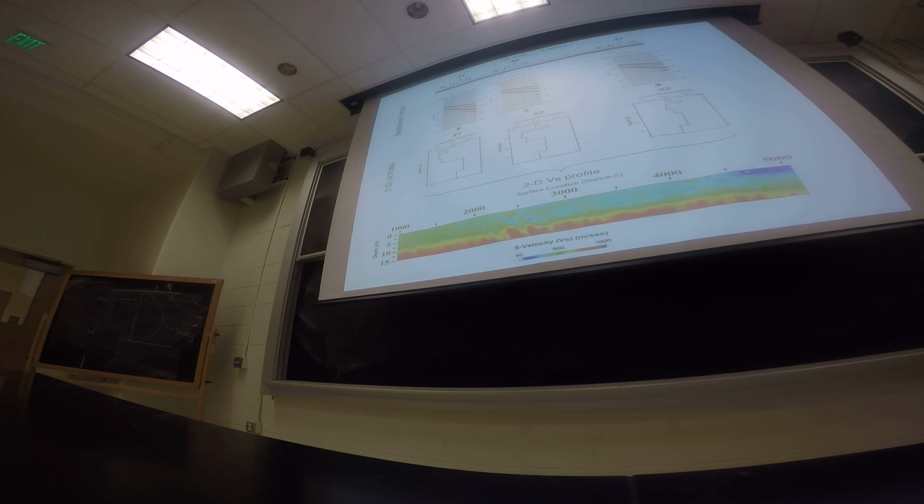We'll go into more detail about this on Friday, how we actually generate the dispersion curves and model this. Actually going from this to this is, again,